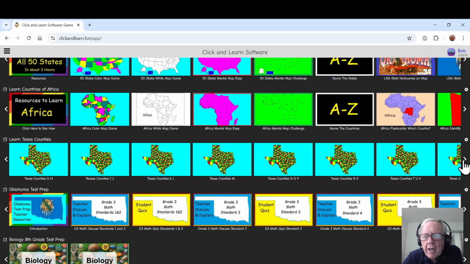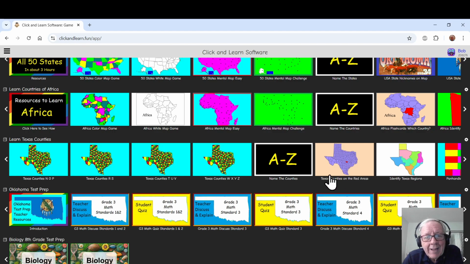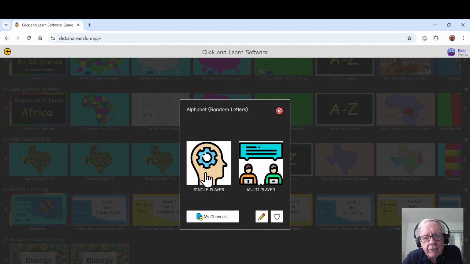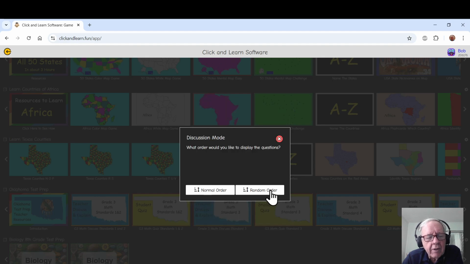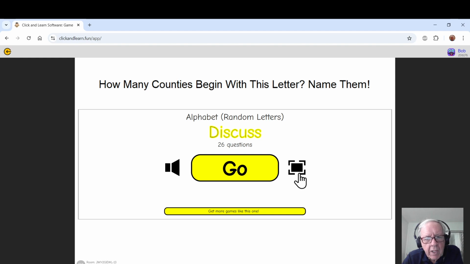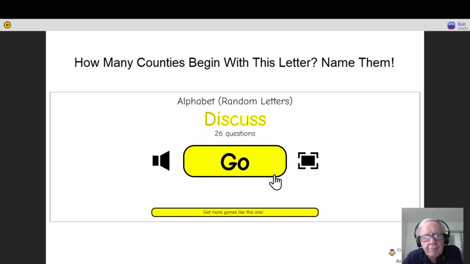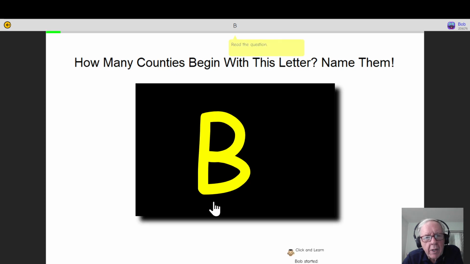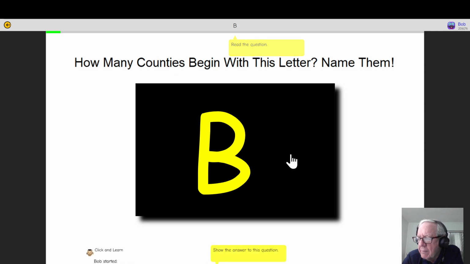But because of my failure at the Texas Social Studies Conference, I created this new type of game. I'm going to click this icon that says A to Z, click single player, and click random order. I'm going to make this full screen. Okay. When I click the go button, it displays a letter of the alphabet randomly,